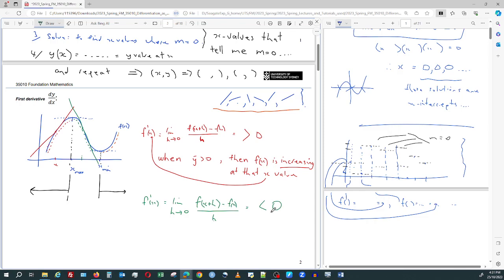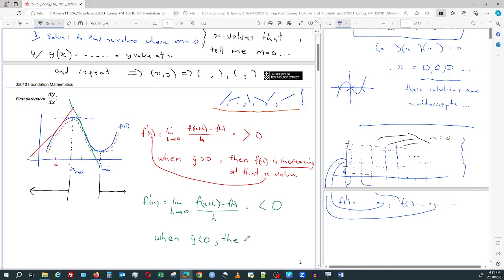The m value is negative. So we can say that when the derivative is negative, because that's the math speak I've taught you to use, that means, I know it says less than 0 using symbols, but it also means negative. When y dash is negative, then